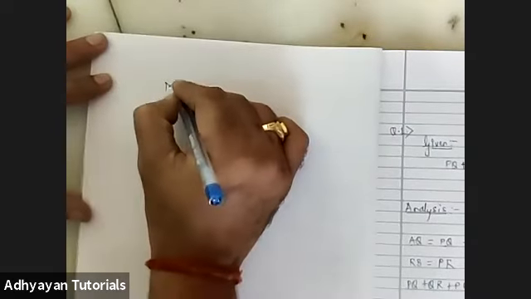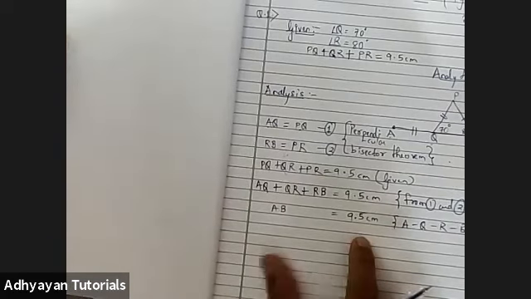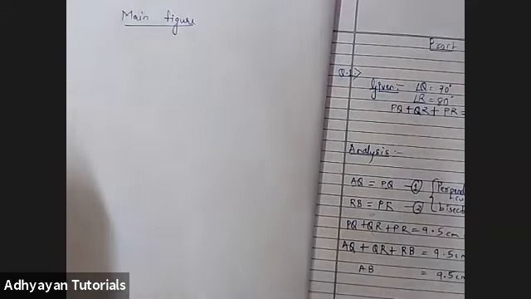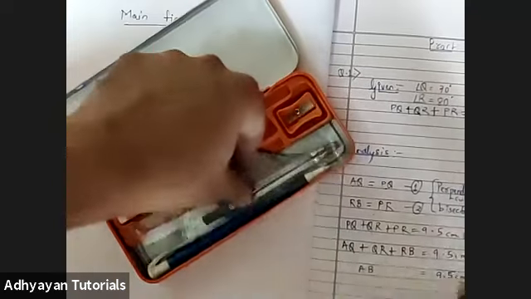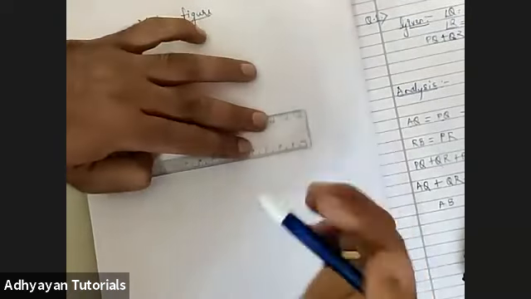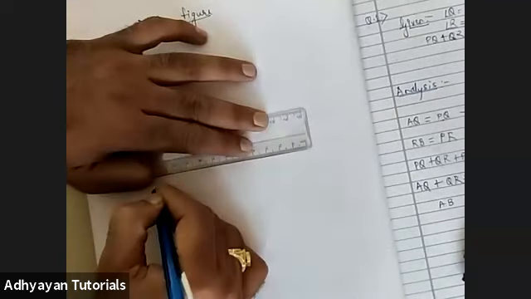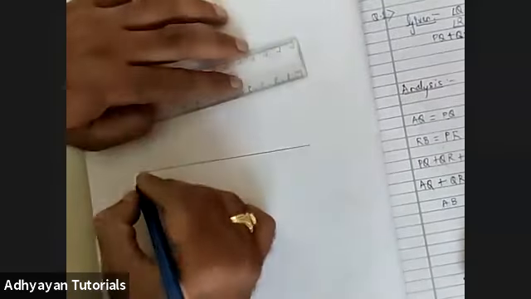So in the main figure, children, let us try and draw the main figure here. What I've got as of now is AB is equals to 9.5 centimeter. So I want you all to be ready with the compass box and all the instruments which are needed, right? The first thing that we'll be doing today is to try to draw the main figure. The rest of the things, children, we will do later on, right? So first thing, we draw a line, something like this.